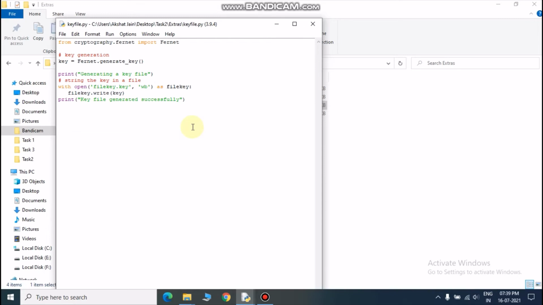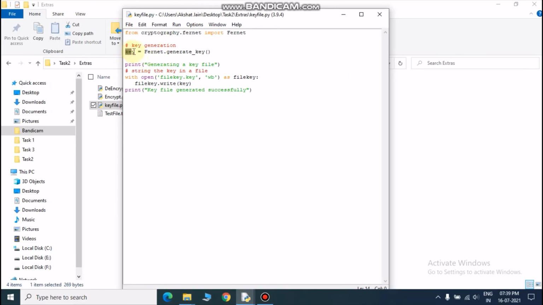After that I will import this module. Basically after importing, I want to make a key file. That key file will help us encrypt and decrypt the data. So I am using a key variable and Fernet.generate_key. This will generate a random key, and we will save that in a variable key, and then we will create a key file, key.key, by opening it in wb mode. wb is basically write bytes, and if this file is not present in this location, it will create one and write this key in that file. So let's run this.